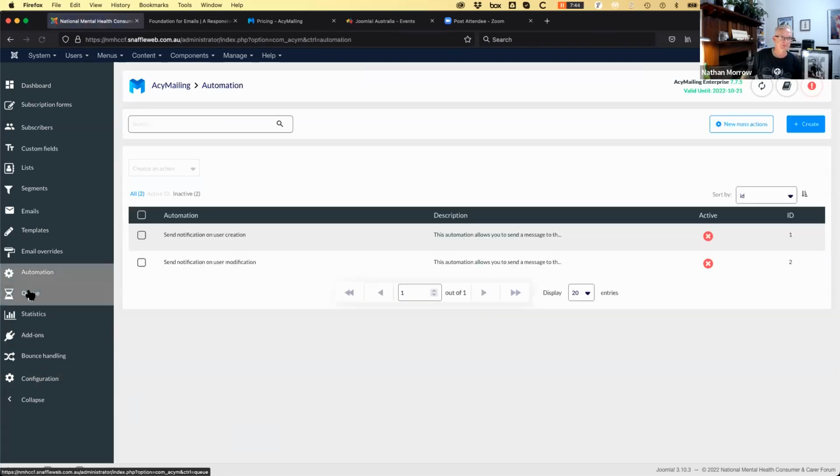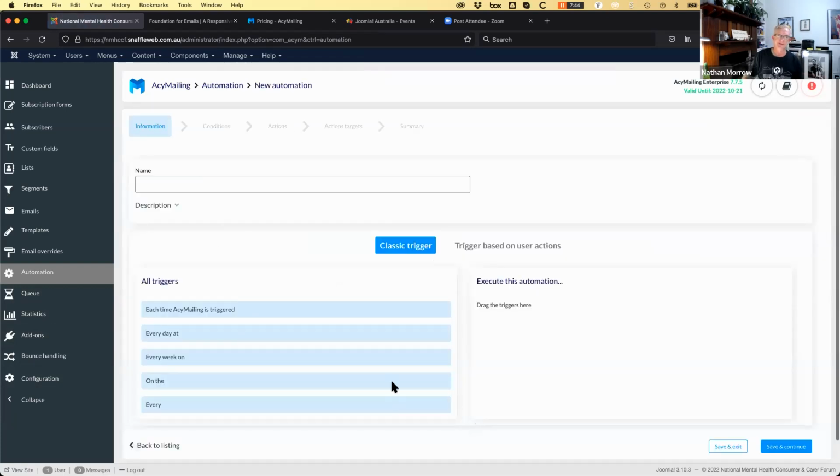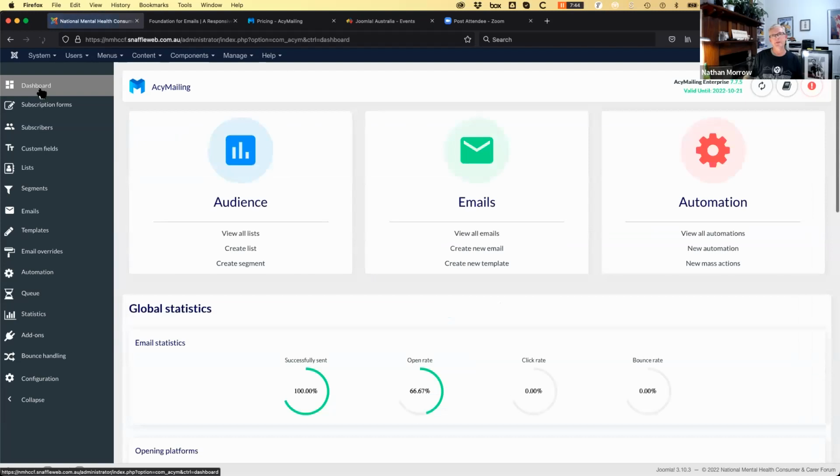And that's all done through the automation section where you can create various automations, but yeah, that will take too long to go through now, and I'm not prepared for it. You can execute them at various times, all sorts of triggers and things. It's quite powerful. But, yeah.